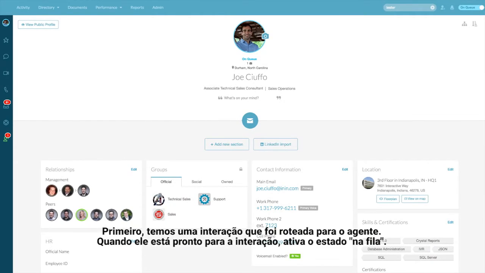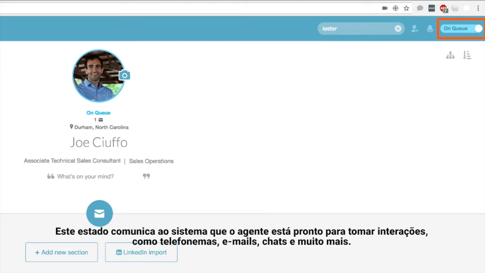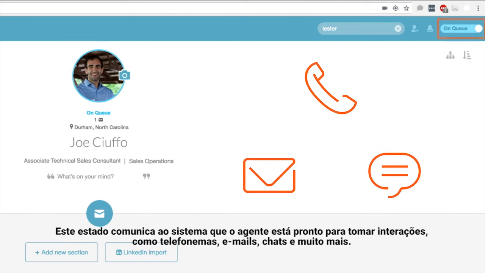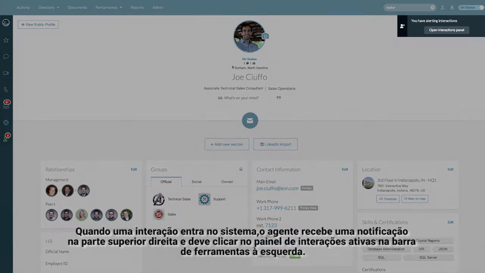Let's take a look. First, let's have an interaction route to the agent. And when an agent's ready to take interactions, they toggle themselves as on queue. On queue lets the system know that they're ready to begin taking incoming interactions such as phone calls, emails, web chats, and even more. When an interaction is coming into the system, the agent will be alerted via a toast